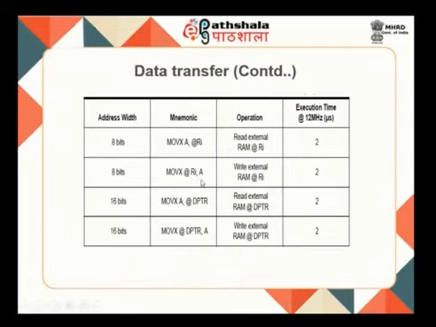Whatever data is available in A is written to the address available in your RI, and it is placed outside. That is what it is trying to say. But remember that this RI is only an 8-bit address. When I am looking at a 16-bit address, I cannot use the normal registers R0 to R7. I need to go for a 16-bit register, so that too is your DPTR.